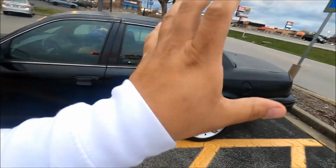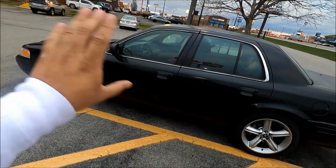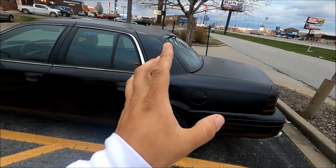So we're driving on the highway. Cars keep getting close to me. They get close, then they drive by real slow. They laugh their ass off and they take off. I kept asking my mom, what the hell are they laughing about? And then I remembered that this car